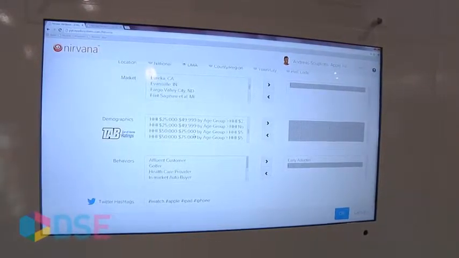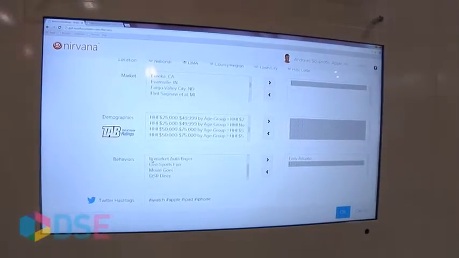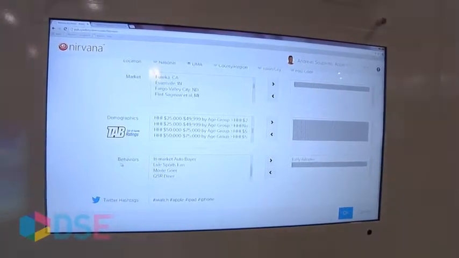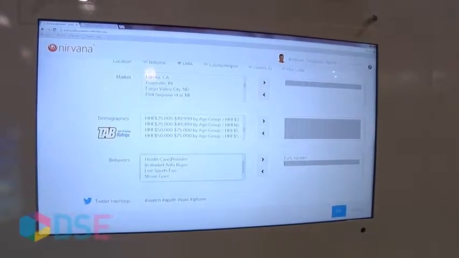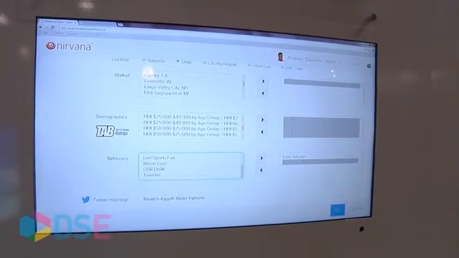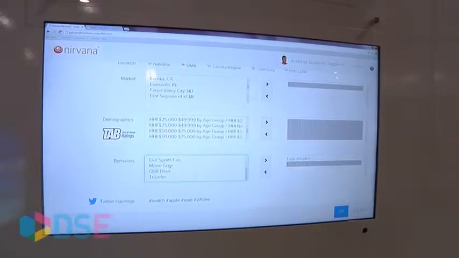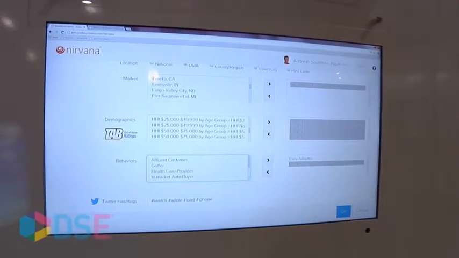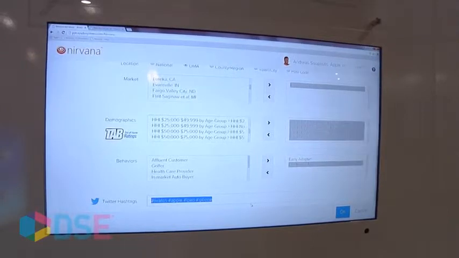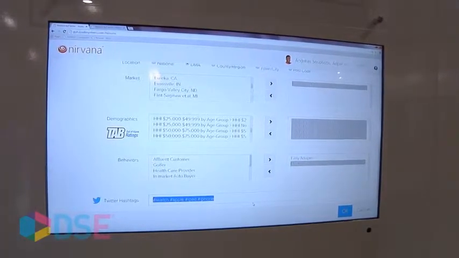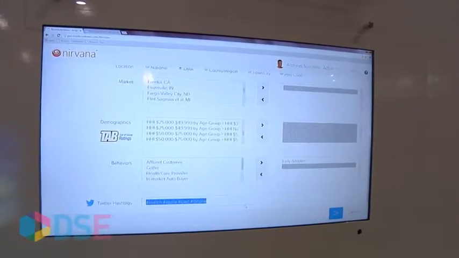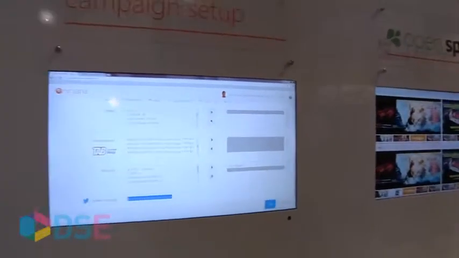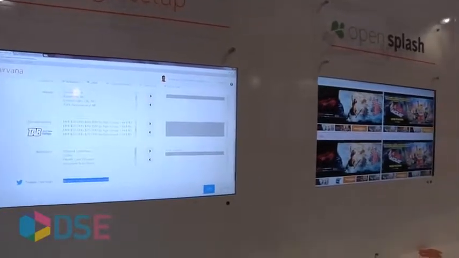We can also do things like reach and frequency. Now, what things get really, really different is when we add behaviors to the mix. And this is where you might ask, well, where do you get this kind of data from? How do you actually build this kind of profile? And I'll get to that in a second. Things like moviegoers and affluent customers. We can also target people that have specific Twitter hashtags and follow what's trending on Twitter. And we're going to try and shift the creative around while the campaign is running so that we can tap into big data and be intelligent about where the creative goes.